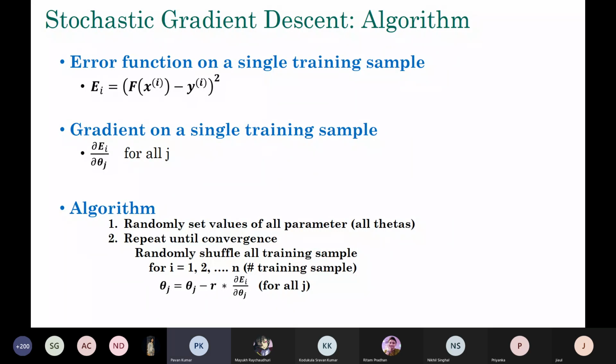No, sir. I'm asking whether that EI will be the same for all J. Yes, EI will be the same for all J. That's true, that is randomly selected. So for example, when you are processing sample number 1, then you basically update